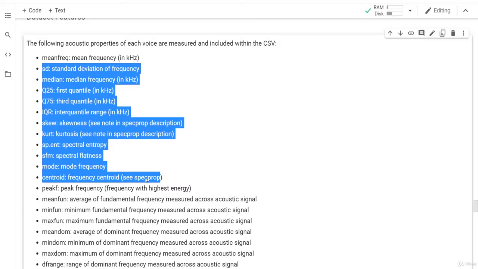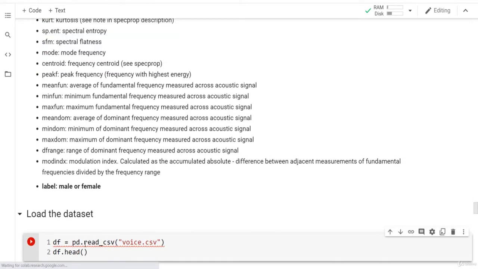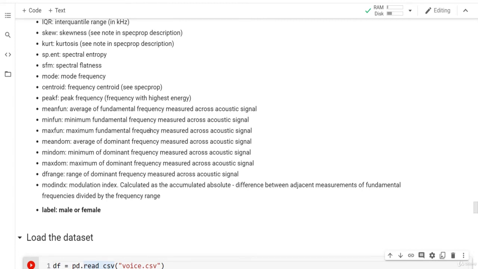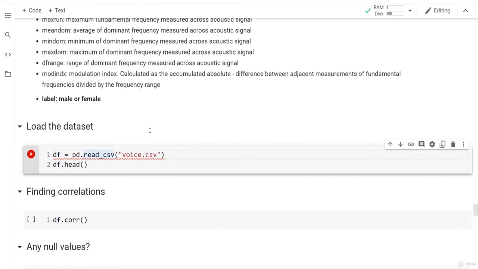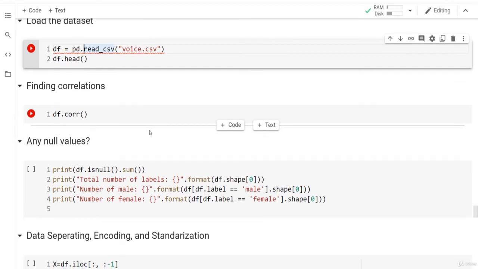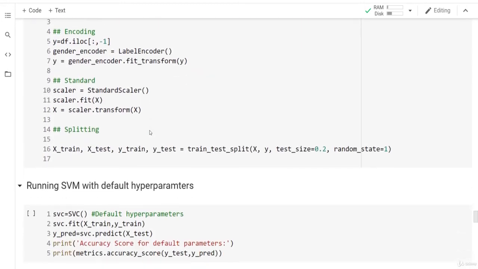We don't really have the audio files themselves. We have some values and we want to classify based on these features if this specific person is a male or a female. So we are going to load the dataset and we will do this starting from the next lesson. In the next lesson, we will load the dataset, we will find the correlations, we will see if we have any null values, we will do the data separation, encoding, and standardization, and then we will run